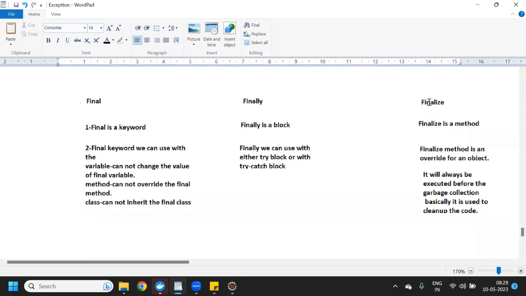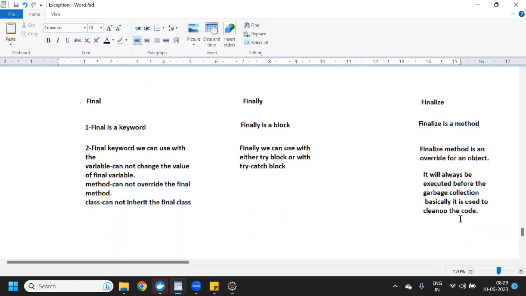Now finalize. The finalize method is an override for an object. So this finalize method we can override with any object in Java, and it will always be executed before the garbage collection. Basically it is used to clean up the code.